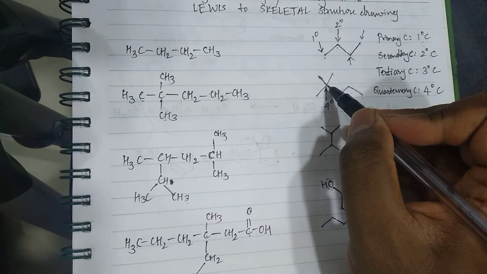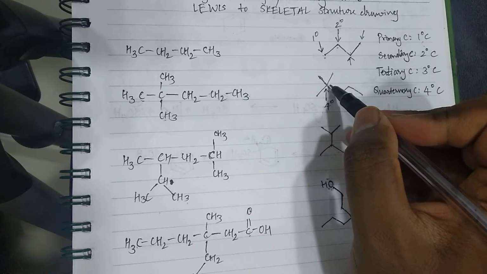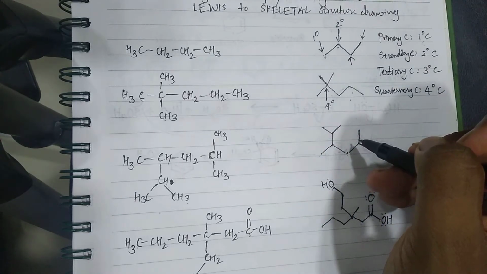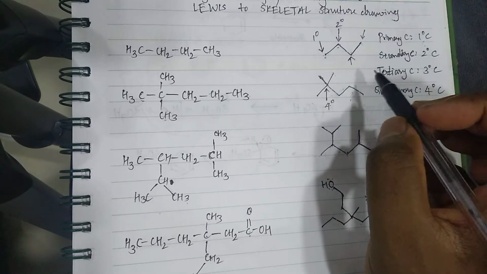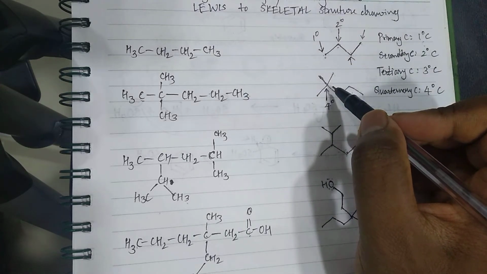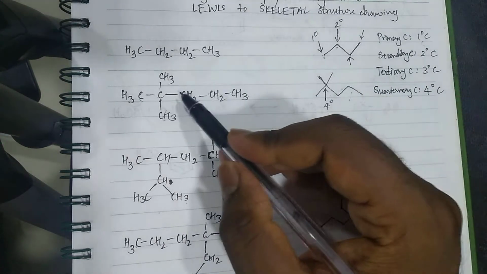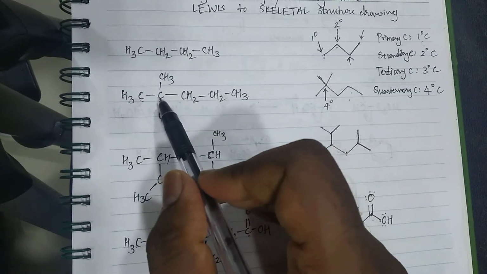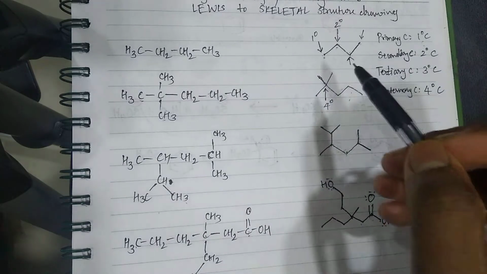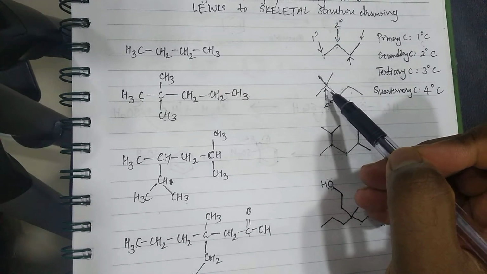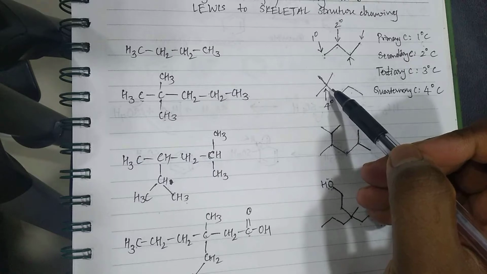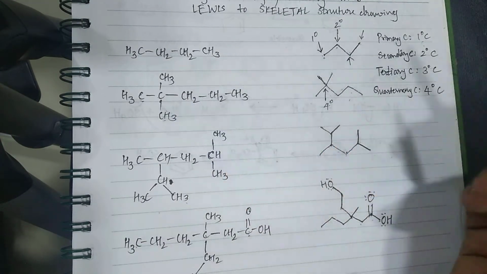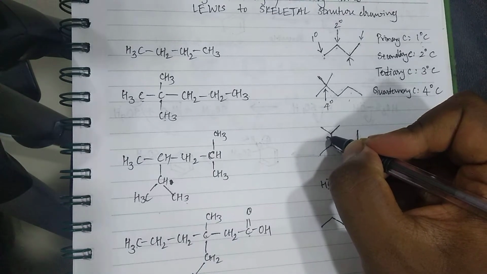So if I can ask you a simple question here, will this quaternary carbon atom have a hydrogen? Think. You can pause the video and check it out. This carbon atom will not have a hydrogen. Of course right now the structure is right next to you, so you'll be able to guess it, but whenever you spot a quaternary carbon atom, it should quickly get into your mind that there are no hydrogen atoms on that carbon.